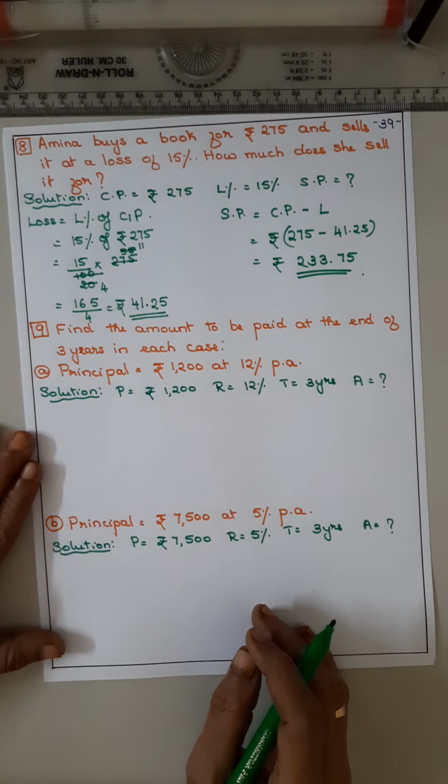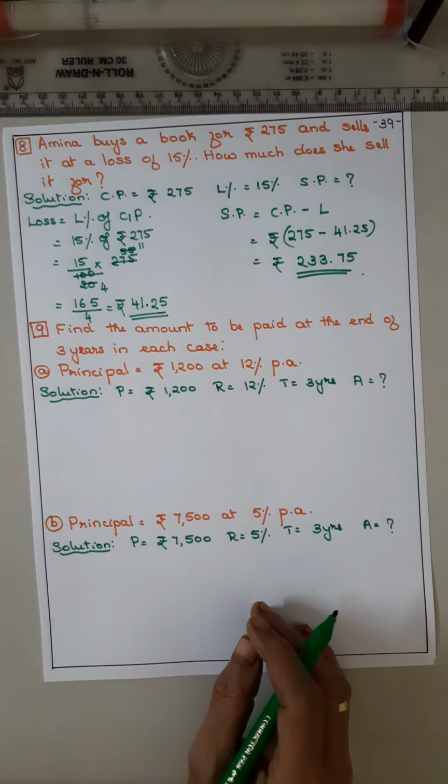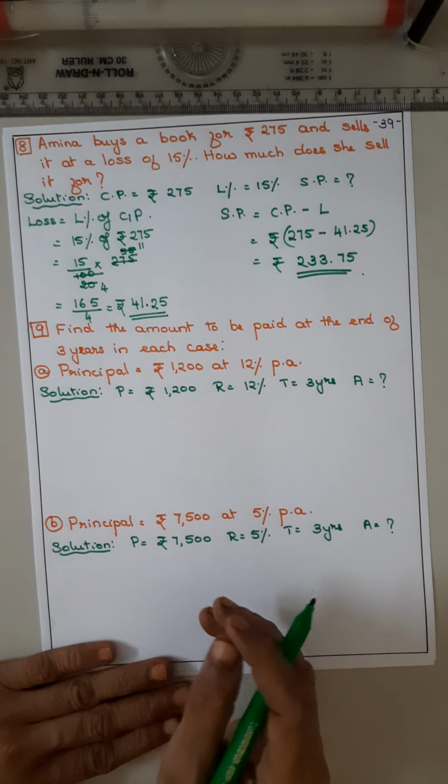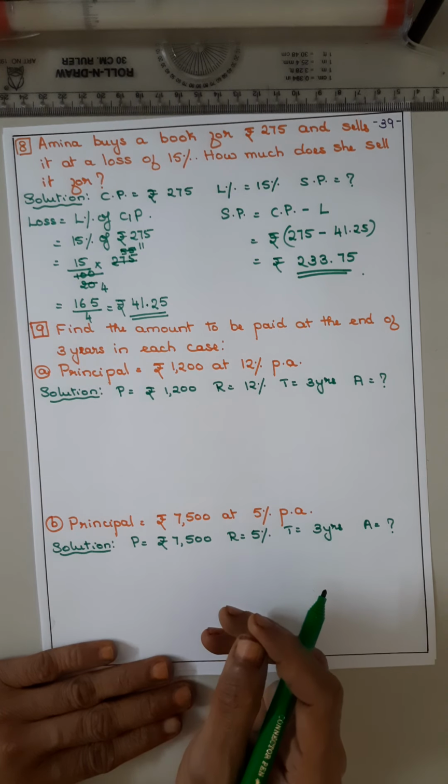Find the amount to be paid at the end of 3 years. So the प्रॉफिट एंड लॉस वाला,